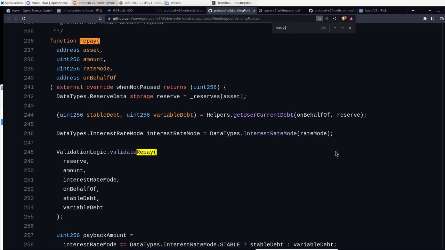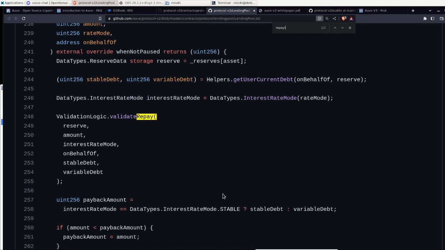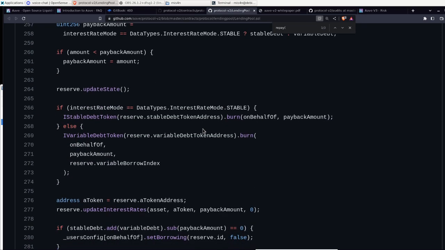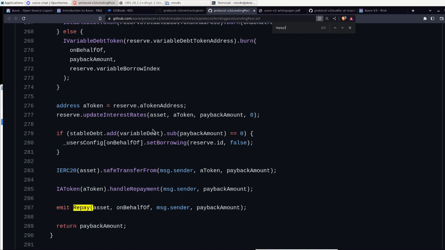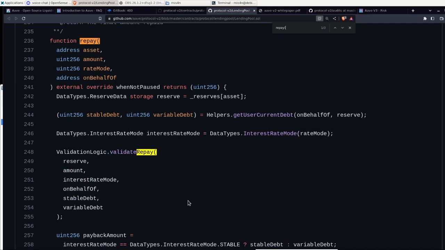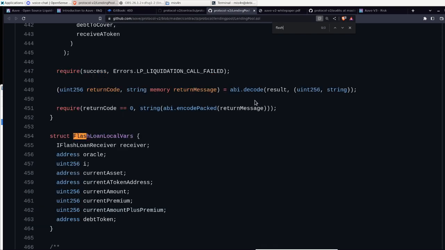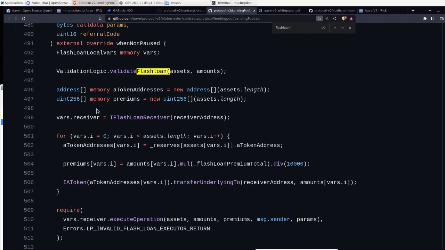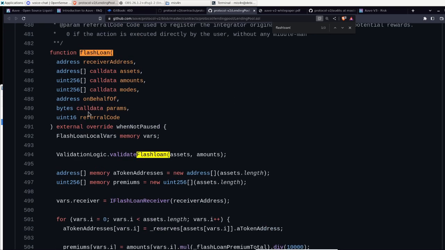Or if the repay is for any kind of debt, and just by looking at the code it looks like it, because I'm talking about stable debt and variable debt. So I think you're supposed to pay the flash loan in the same function. I mean, not in the same function, but in the same execution. So let's take a look at the flash loan, and I want to see a little bit deeper now. Well, let's see how this works.